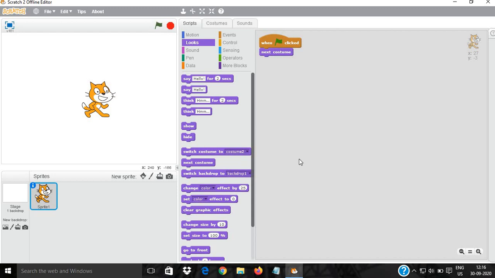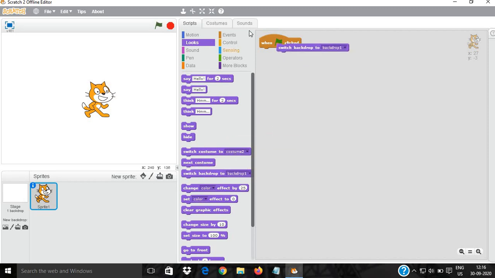In this case the switch costume block is used. Next costume means that from the first costume, it will go to 2, then 3, then 4, then 5. Now let's check. See, next costume means it will forever change the costumes until we remove the block.